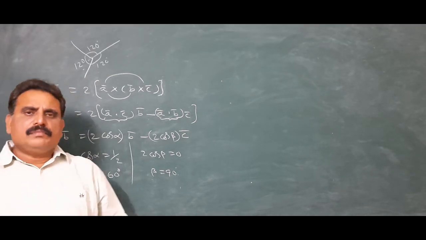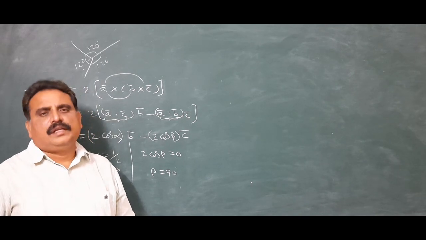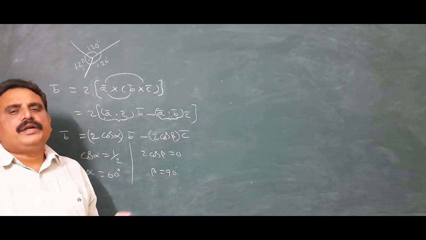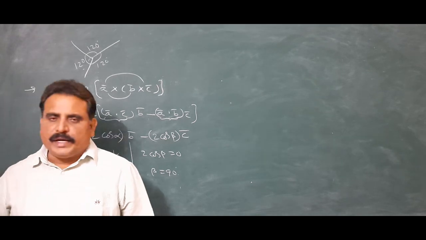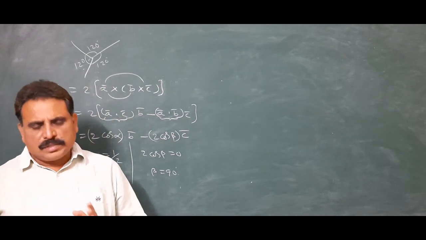So some steps you can calculate in your mind. Then you can easily understand that minus root 3 by 2 is the right answer. My dear students, these are one-year questions. These are the previous MCET questions, the latest questions.